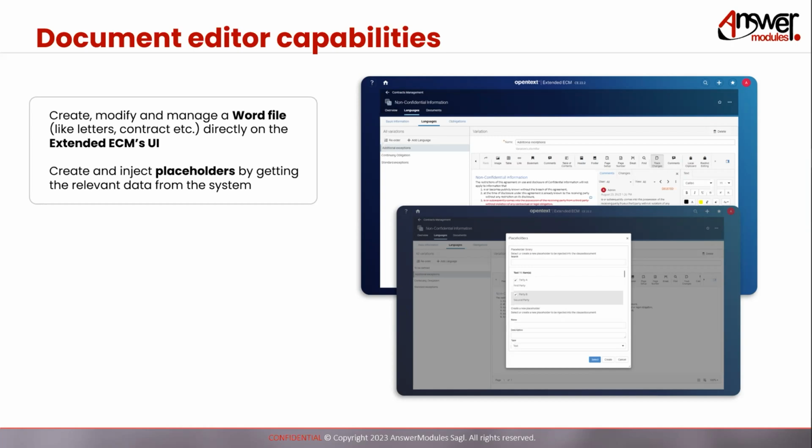The one that we have been working on recently is this document editor widget that allows us to provide you with editing capabilities directly within the interface of content server and extended DCM. And this new widget, together with an additional new service, allows us to introduce some additional, very interesting new use cases.